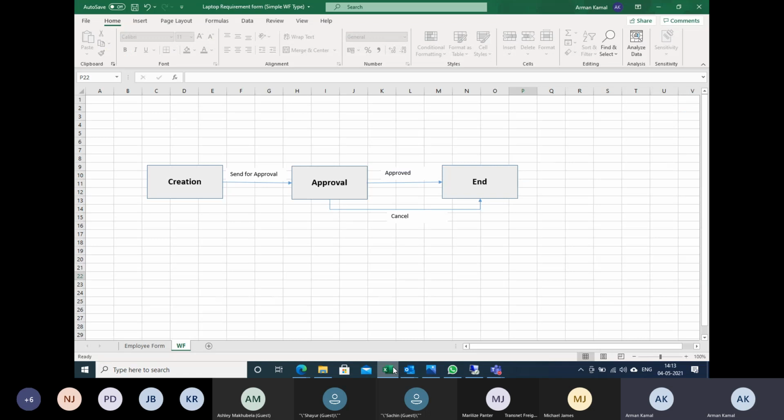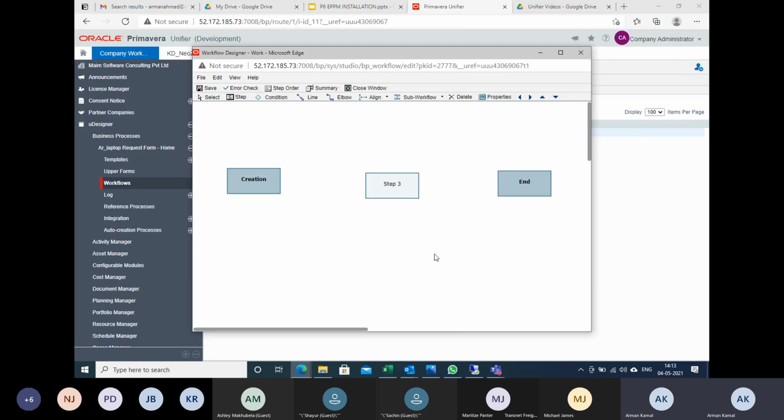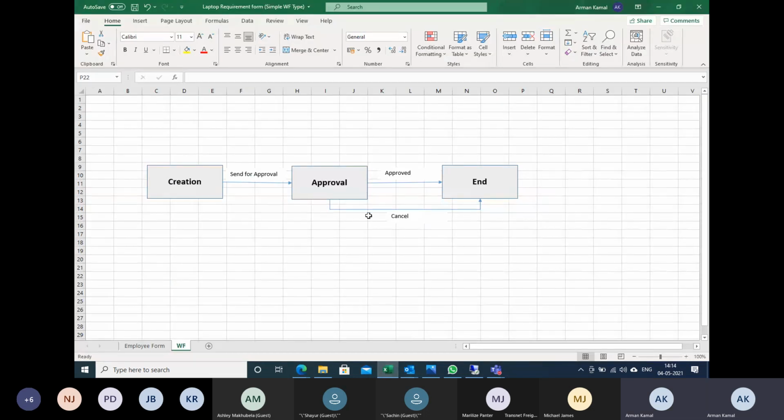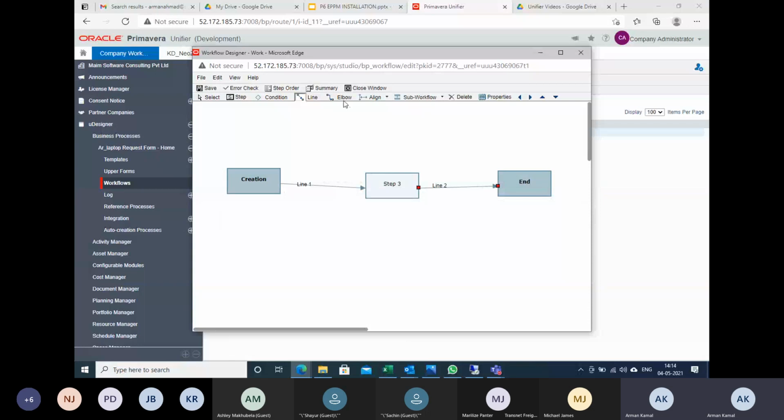Now what is the second step I need to put? I need to put the steps. So I am going to create a line. I will put the mouse over here and drag here until this red is activated. The same way I will select from here till here. Now there is another step, cancel, that I need to add. For that I will select the elbow, as it is better to select the elbow. I will drag this and leave it here.